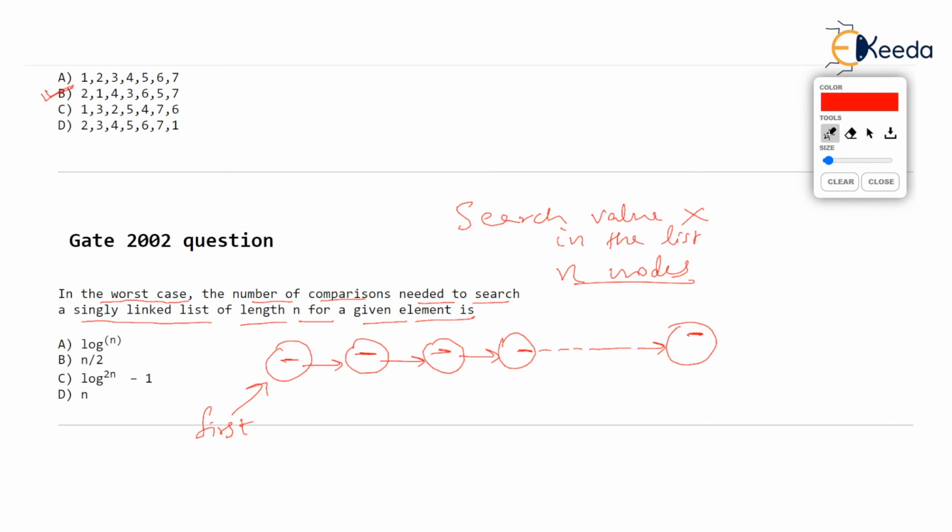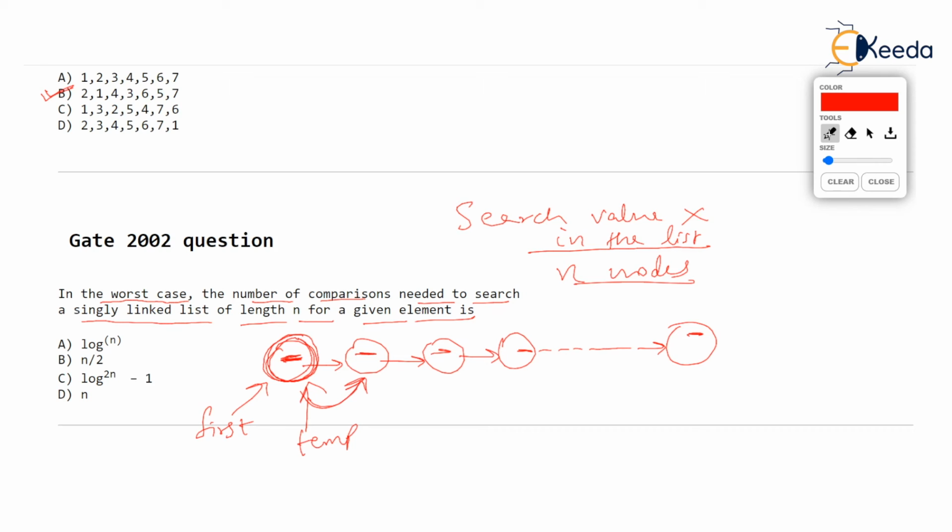Then our searching process will start always from the first node, isn't it? Because that's the only node we know. We don't know any other node. And we will ask this person, are you storing x? What if that person says, no, I am not storing x? Then you will traverse to the next node, by using some additional pointer like a temp pointer. So temp will begin from the first node, and if temp arrow data is not x, then you will advance temp to the next node.